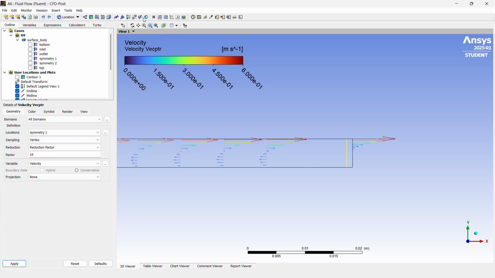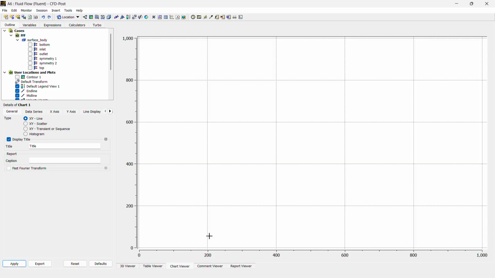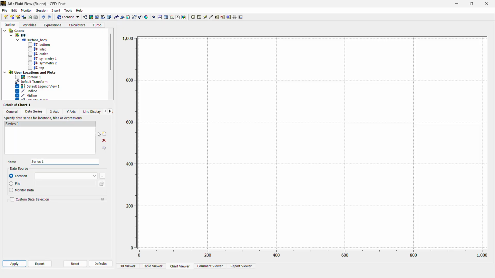Once that's completed, you can move on over to your chart, create a chart, and this is where we're going to be getting our data series. You can name this for your hybrid flow profile, and we're going to import our data series of midline, choose your midline, add another for your inline,